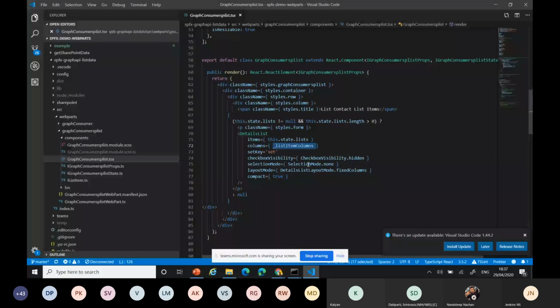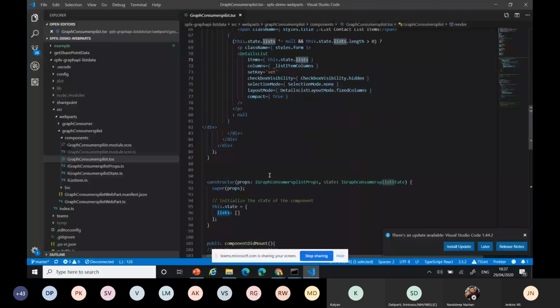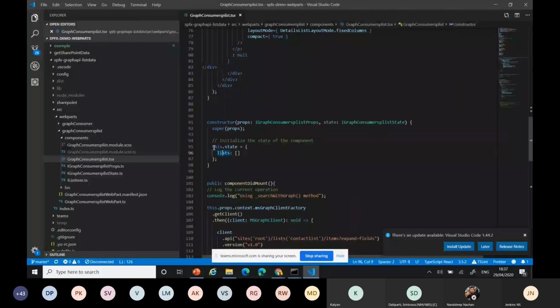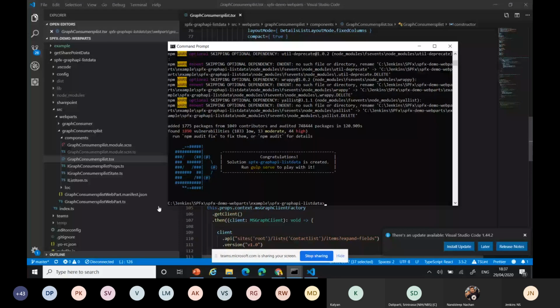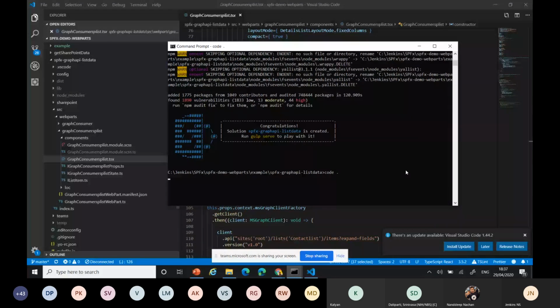We have the values from the current state for the list. From the React state, we can bring the list of values from the array. This is the array we get with all the columns, which you can bind to the particular details list. In the meantime, one second, let me check. Yeah, the application is ready. Now I'll open one more thing and show you the application.